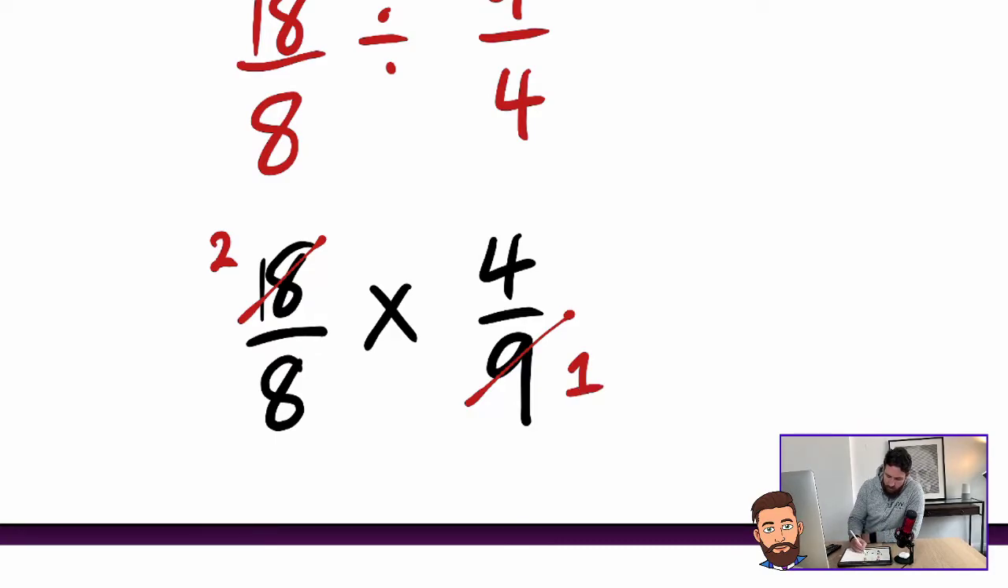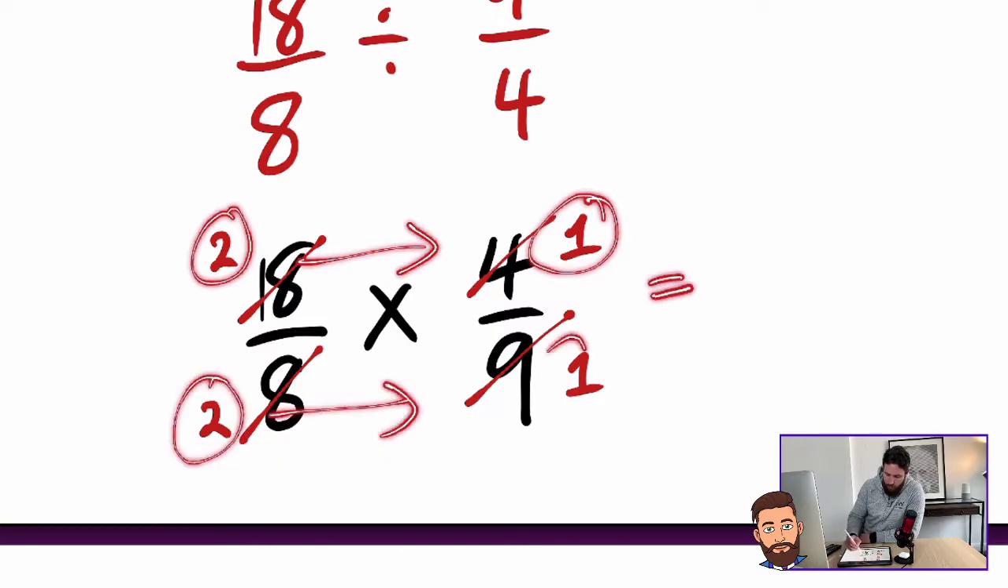Check my other diagonals, 4 and 8. Does any number go into 4 and 8? Preferably the biggest one. Yes, 4. 4 goes into 4 once, and 4 goes into 8 twice. So I've just taken what would be quite a big process, where I'd times the numbers together and then see if I could simplify, into quite a simple 2 times 1